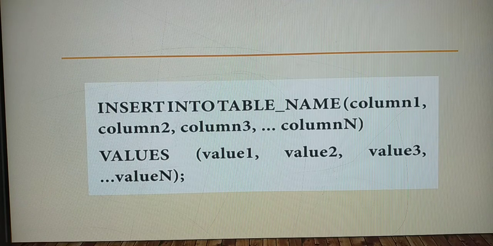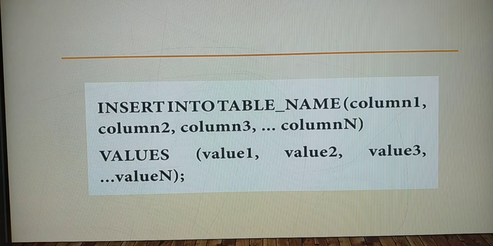Insert is a keyword, into is also a keyword, and next you have the table name. Table name is nothing but the name that you have given in the database. A table is a combination of rows and columns. A collection of tables forms a database. Just now we finished a small example of ordering in Amazon. So what is the name of the table you can have? Insert into order. So the table name can be order.